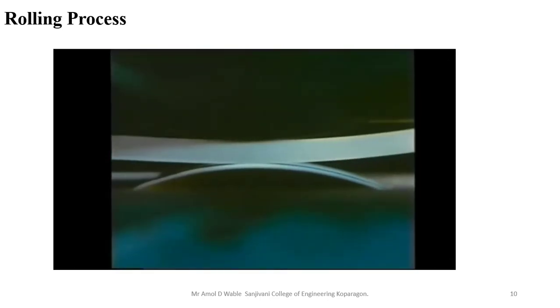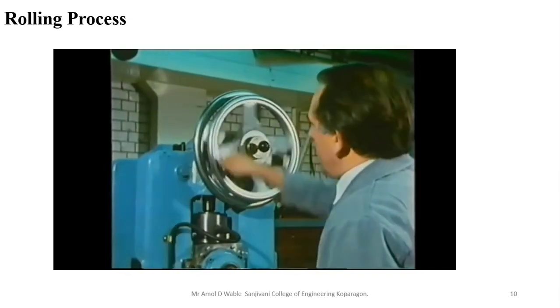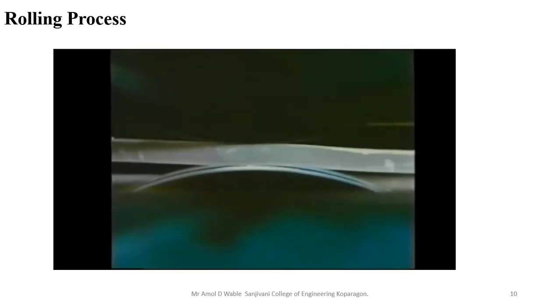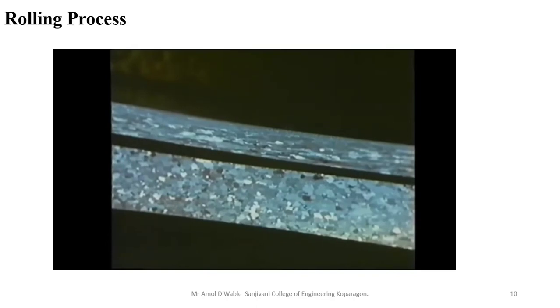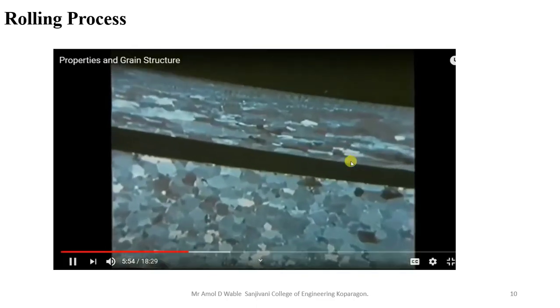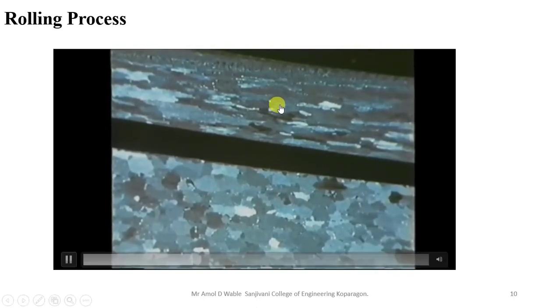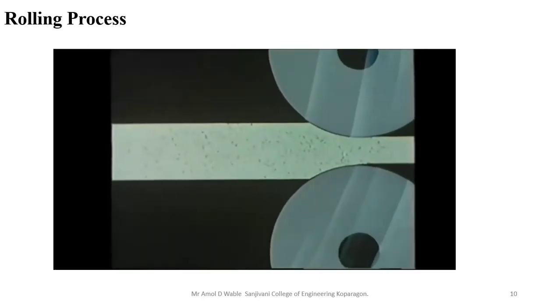Now one plate was taken from that cold sheet and it went through the rolling process. So here two rollers are used, and between the two rollers the metal has been passed. It will be compressed, or squeezed, between these two rollers, and we need to see what the difference is between the grain size at roller one and the cold working sheet. Here you will find that the grain size along the working roller has been squeezed, so it has been elongated. So what happens in the rolling process?